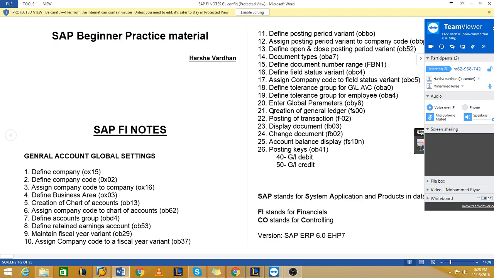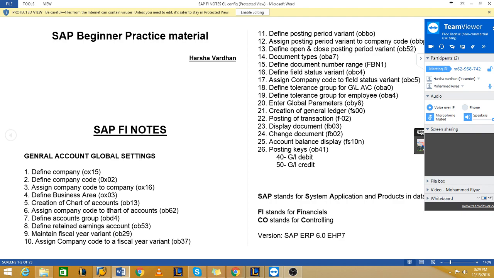So when I give you this 21 step configuration, that time you will understand what I'm telling about this field status and how this gets linked. Those linkings will be there. So you might not understand initially, but going further you will get a clear picture of it.